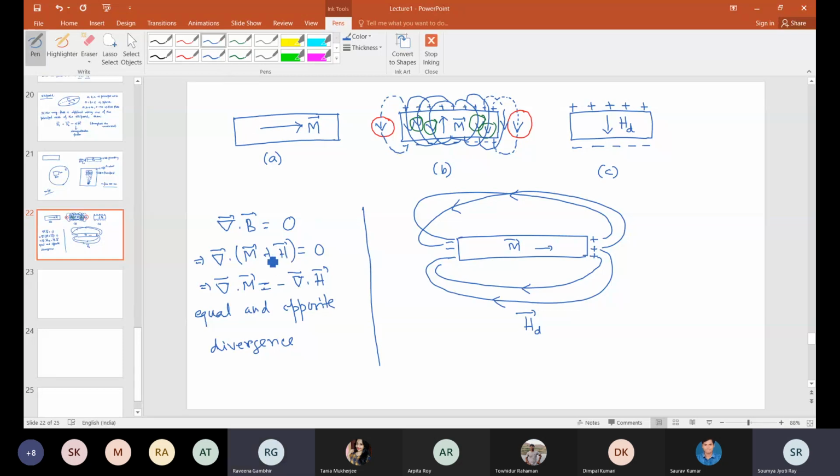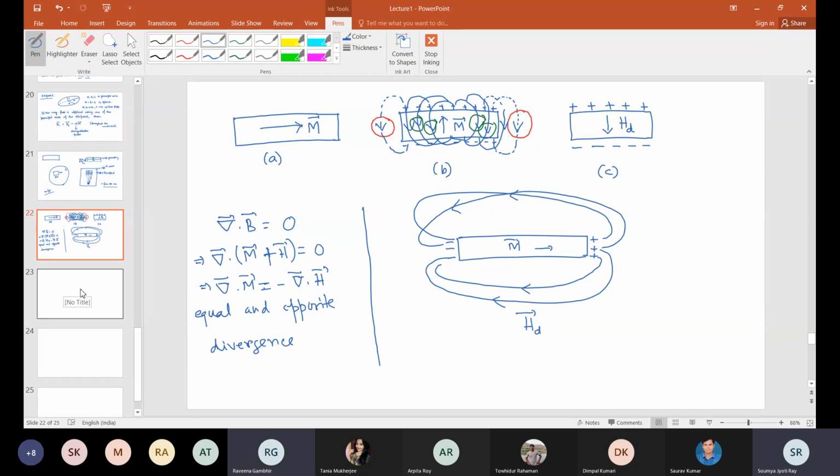Sir, I'm saying the direction is not clear. The direction on the screen is positive to negative, so it should be opposite. Yes, it is opposite in this particular case.